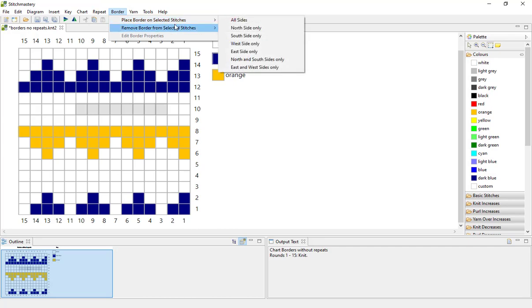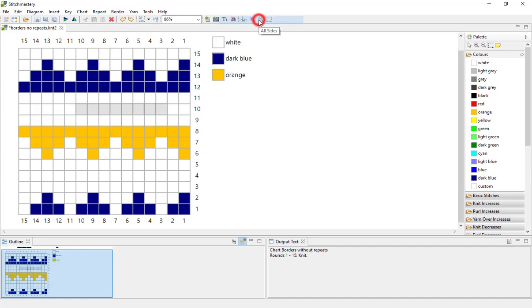Now instantly we've got a menu with quite a few different options. Our border can be on all sides, or just top, bottom, left or right, which are denoted by north, south, west and east. Or you can have the top and bottom or left and right. But let's start with all sides. And you'll see that our default border is added, which is a red border, and we've got border default name